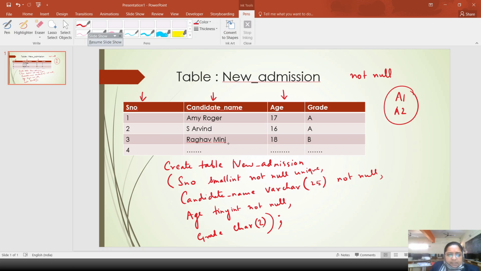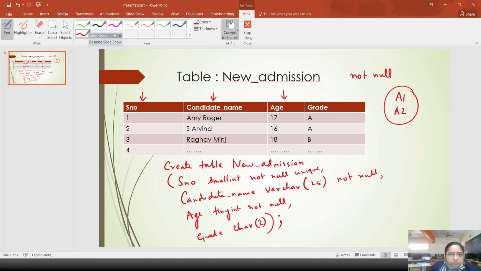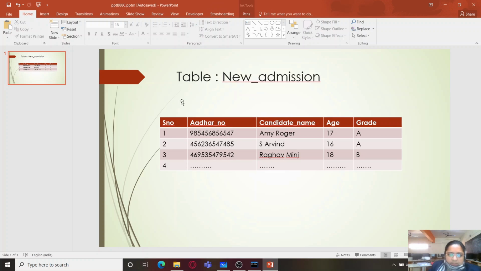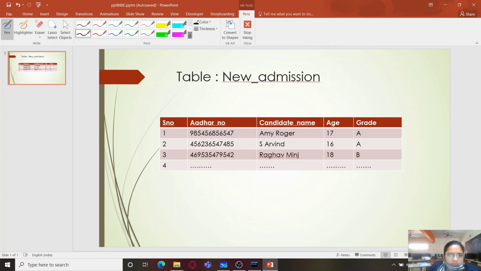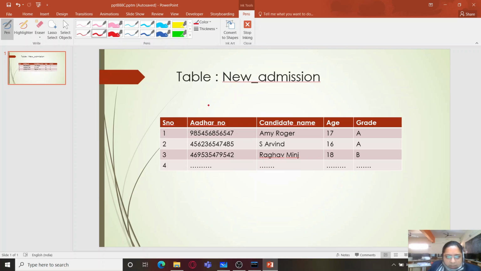So in our previous example also, what we can do is, maybe the college can ask for another value. For example, I will add another field over here. You can see over here the Aadhaar number field which has been added.